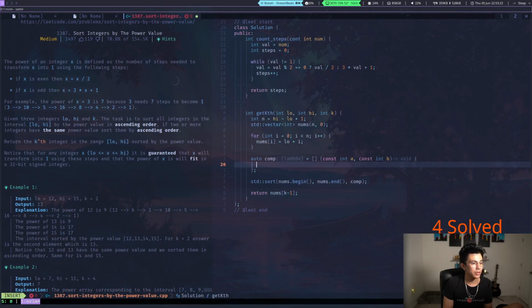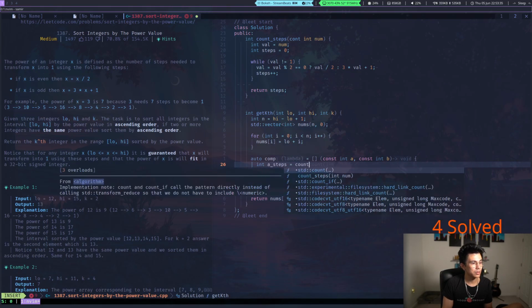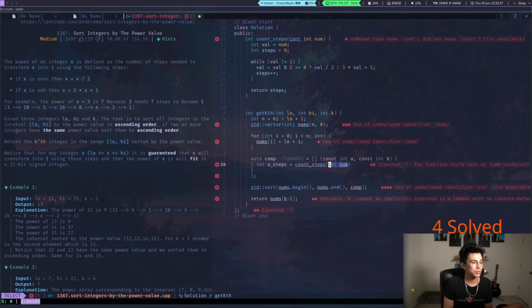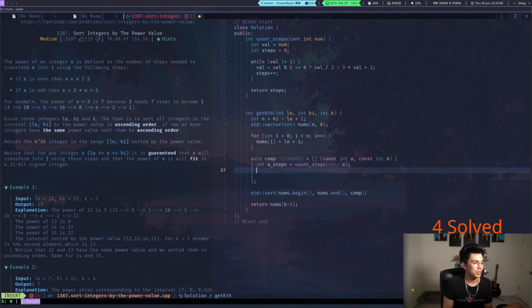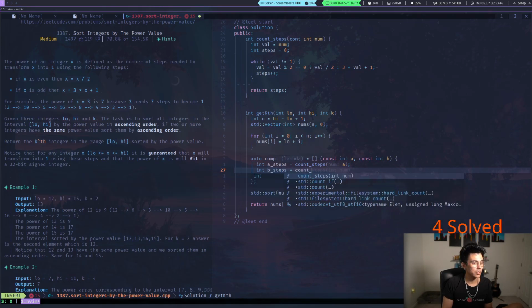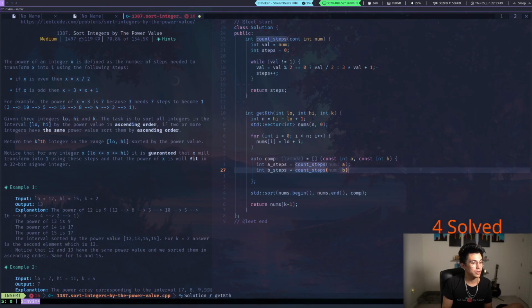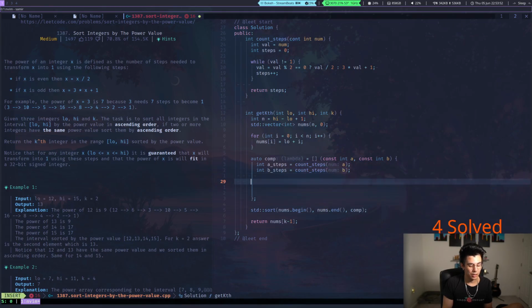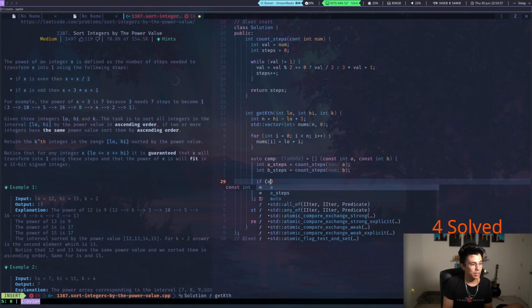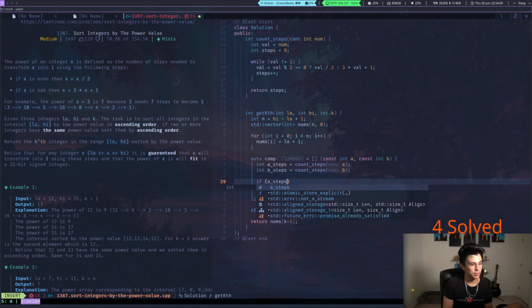Let's do this. Okay, so now we have this guy. So then we do int a steps is equal to count steps a, and then int b steps is equal to count steps b, and then if a steps is equal to b steps,